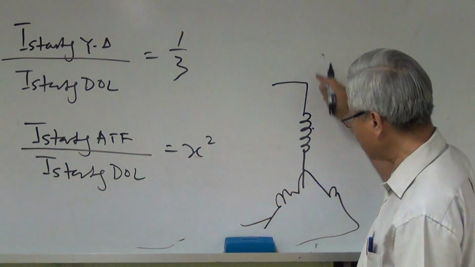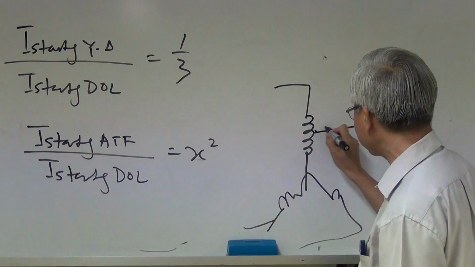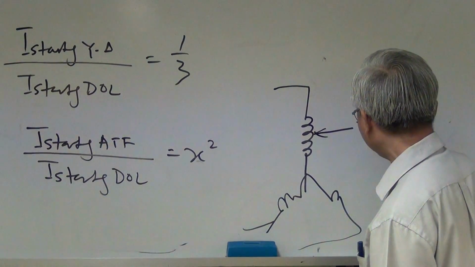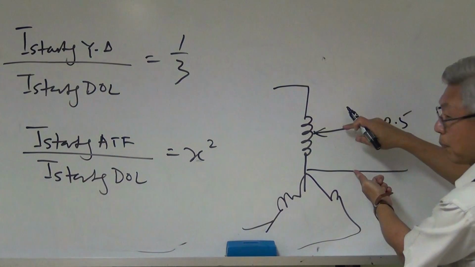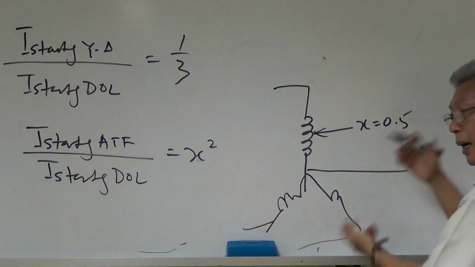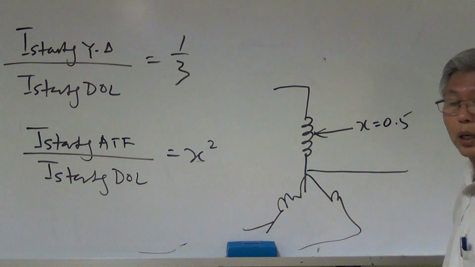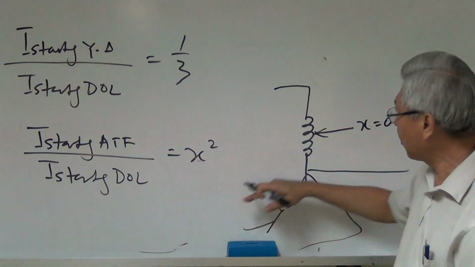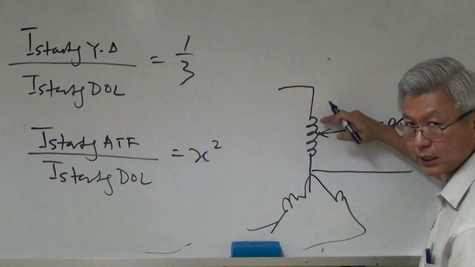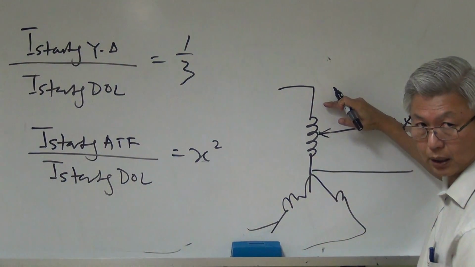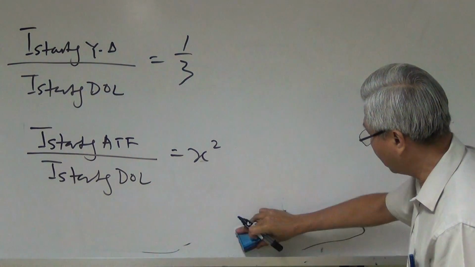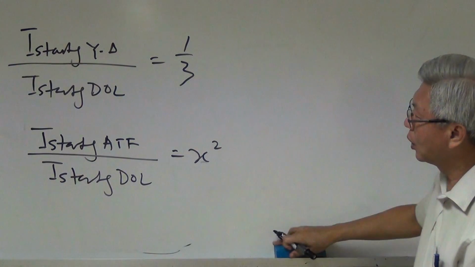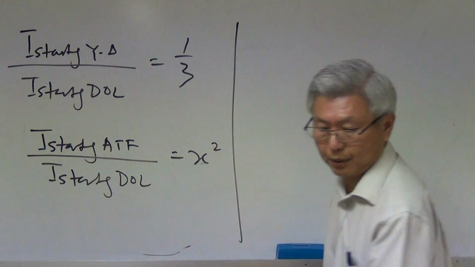This is my primary coil, and this is my secondary coil. So x equals 0.5 means I tap half of it only. It means I supply half of the voltage to my motor. So the auto transformer is using a tapping ratio. You tap at where? 50%, 60%, 70%. It's by percentage. Perhaps this will make it easier if you were to work through some examples on the